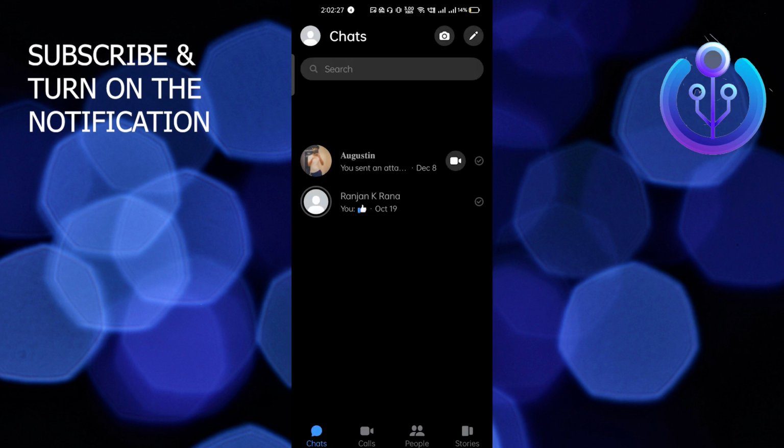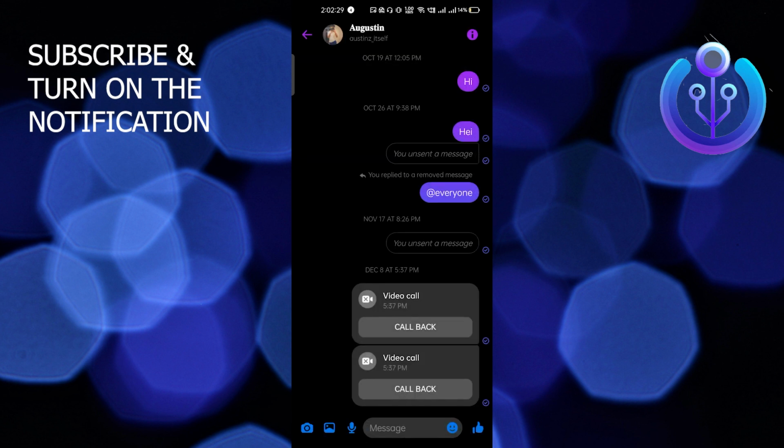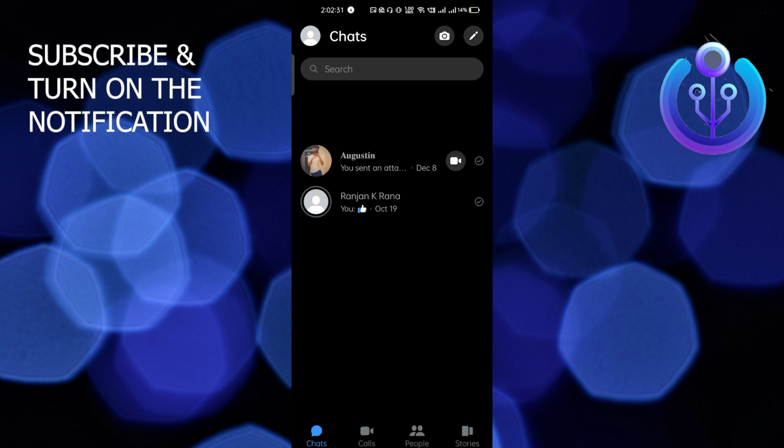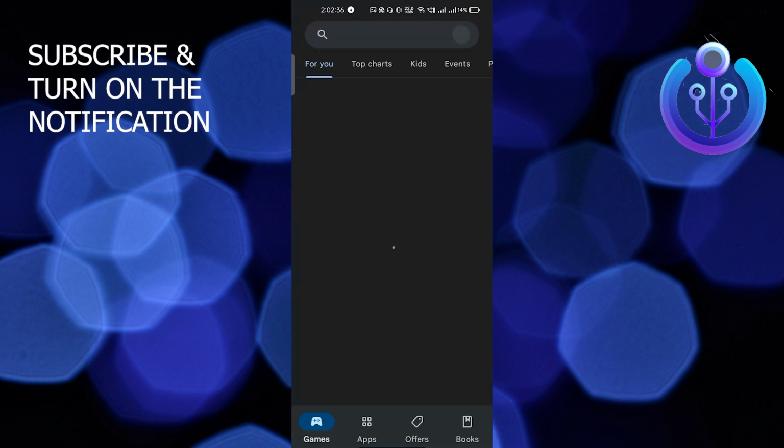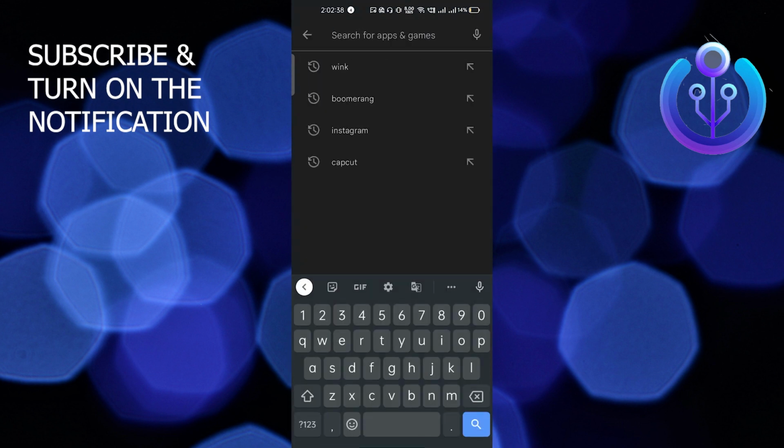But if you want to delete inside the messages, you cannot do that. So basically you have to do one more thing. You have to go to the Play Store and download a third party mobile application. But I will not advise you to use a third party mobile application, because this will leak your privacy, this will leak your ID and password, and that's not a good thing. But anyway, if you want to know it, then you can just click on delete